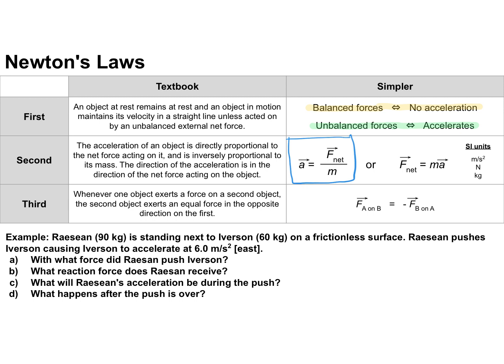This formula only works if the units are consistent with each other. And the SI units are written on the right here. The standard units for this formula are acceleration should be in meters per second squared, the forces should be in newtons, and the mass should be in kilograms. So you may have to do a unit conversion before using this formula to make sure you're in the SI units. So this is saying that for an accelerating object, the stronger the force,